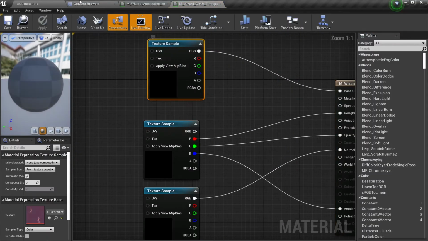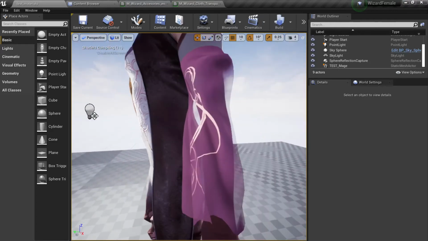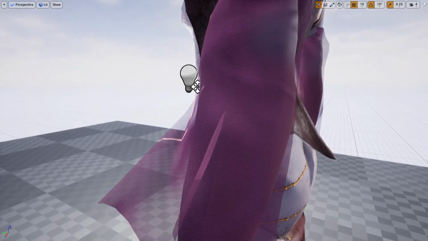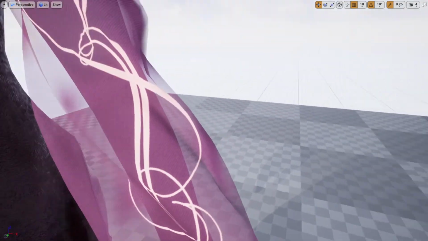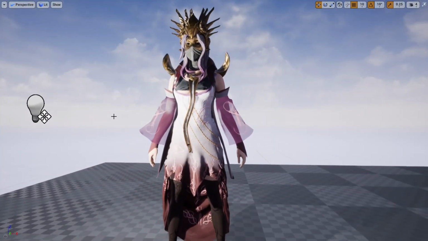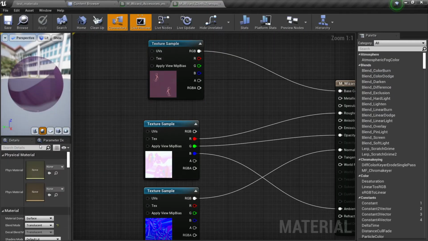You can see here in the cloth you have transparency, and you still have the normal map. If you see clearly here, you still have the normal map. You can see it, and you have some parts that are not really transparent. So I think this is a really nice touch. And the way we do it is you go here